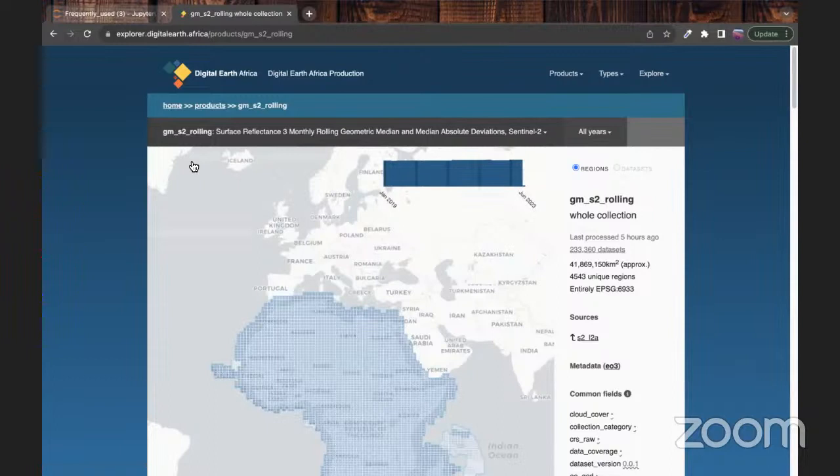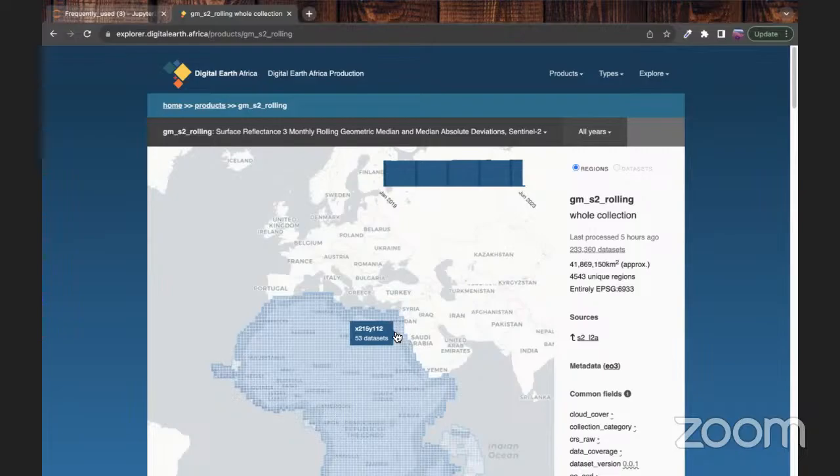So if I want to do it for 2012 to 2022, this particular data set won't actually help me. But because of this tutorial and because I want to use this particular product, I will change my time span. As you can see, it starts from January 2019 up to June 2023. So I'll just change the time span so that we stick with the one from Sentinel. So the product that I'll be using,